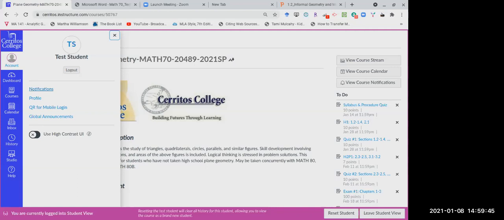I would suggest that you set your notifications for those two, announcements and homework assignments, to notify me right away so that you won't miss an announcement. We use a lot of announcements in this class, and it's important that you read them and keep on top of them. So just a little tip for you there.